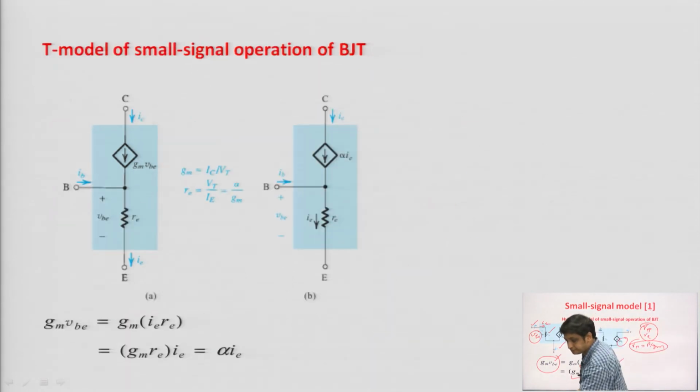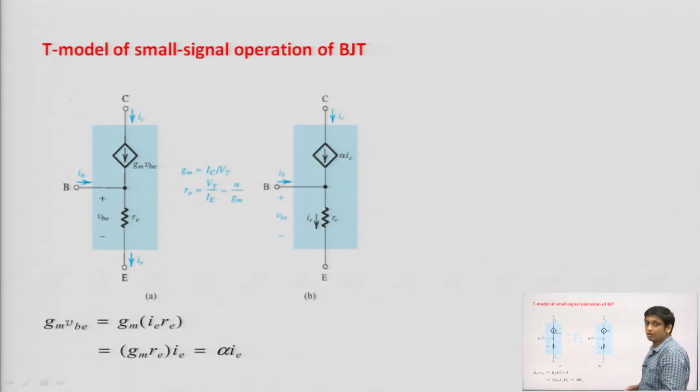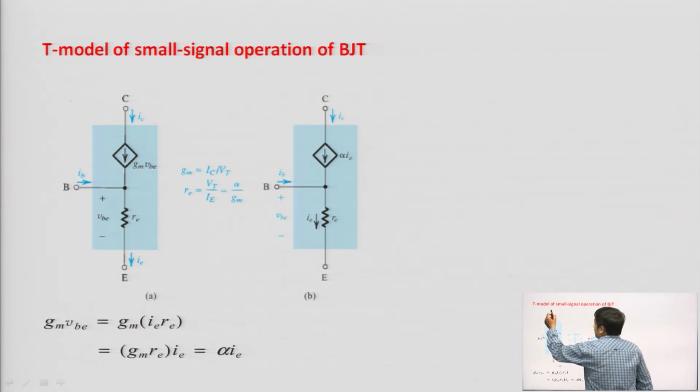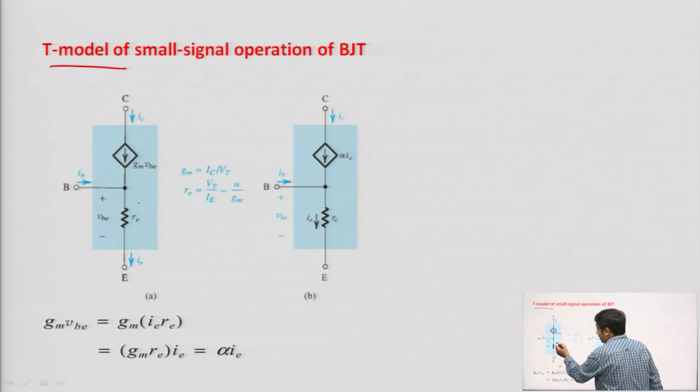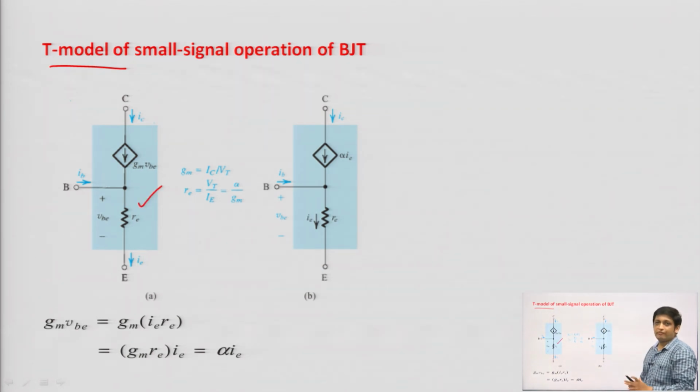fine. Another small signal model is the T model. It is called the T model because of its shape. In the T model we represent the emitter resistance. If we have been given any amplifier circuit, we can draw the hybrid pi model, and for that circuit we can draw the T model also, but sometimes the hybrid pi model is more convenient, sometimes the T model is more convenient. The T model is convenient when there is a resistance at the emitter terminal.